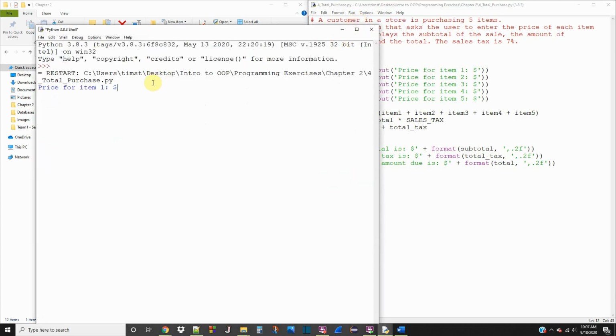The price for item 1, let's say $1,000, 100, 200, 150, and 10. Okay, so we have the subtotal is $1,460, which is just a total of all this. The total tax is $102.20, and the total amount due, which is a combination of both of these, and that's